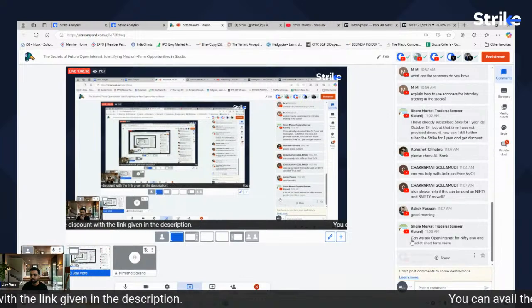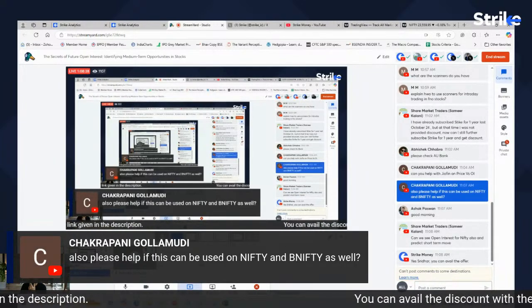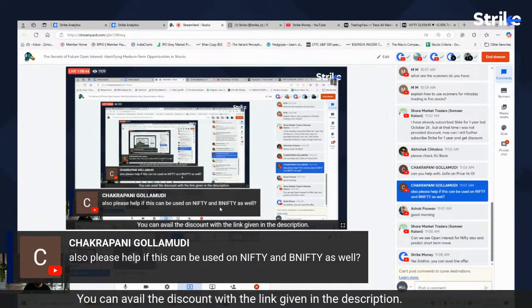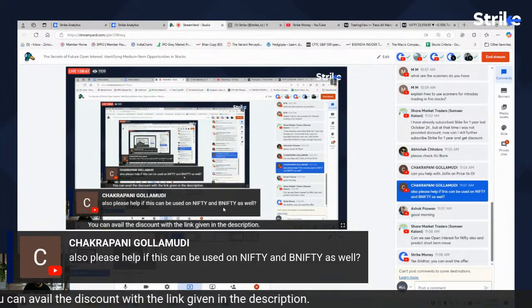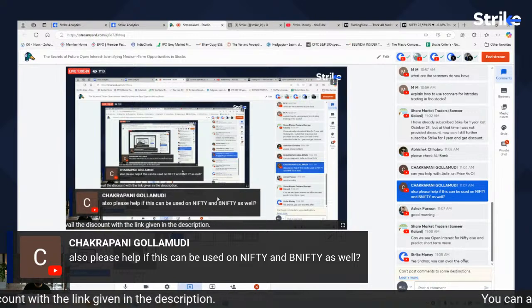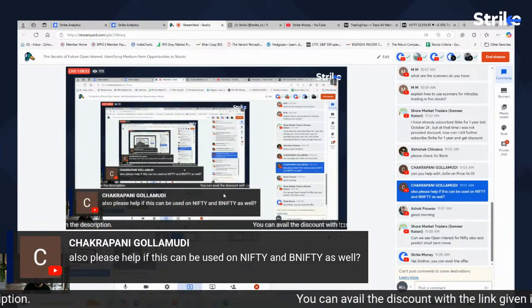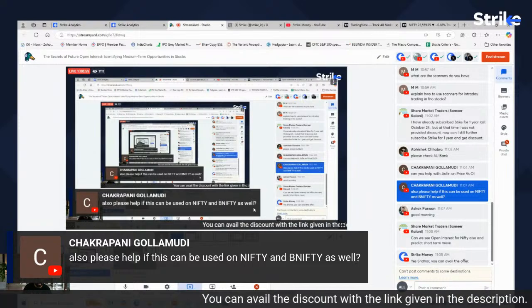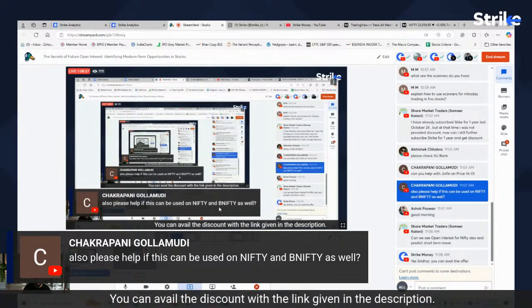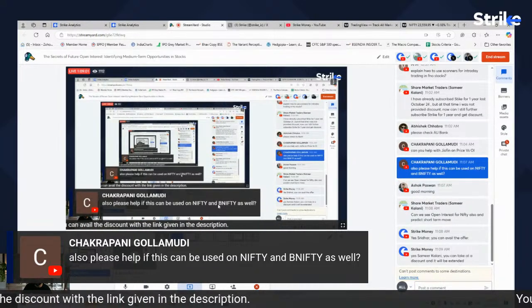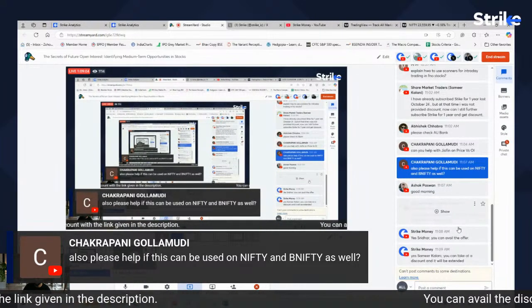And yes, it can be used for Nifty and Bank Nifty as well. There is some issue that we have seen in the Bank Nifty index, due to the expiry change that had happened in between. We are in the process of fixing that. So once that is done, you will be able to do it in Bank Nifty as well. But yes, it is helpful for everything, Nifty, Bank Nifty, and everything. Okay.